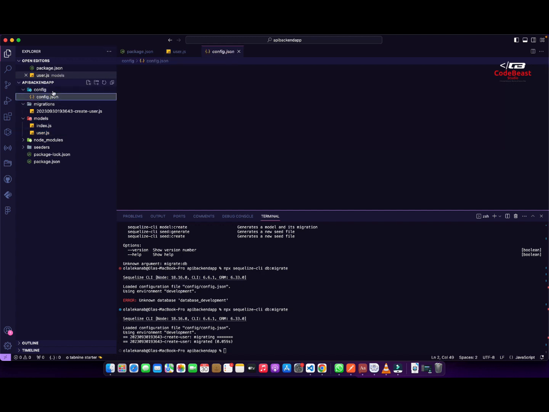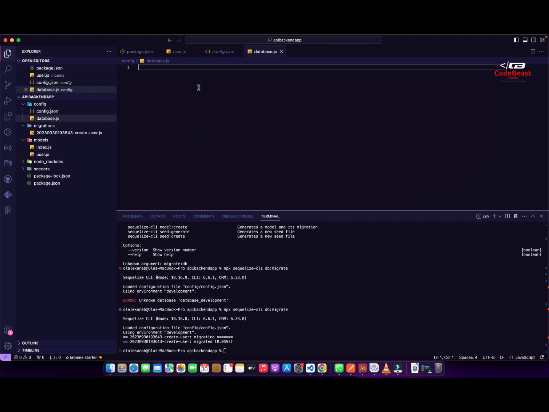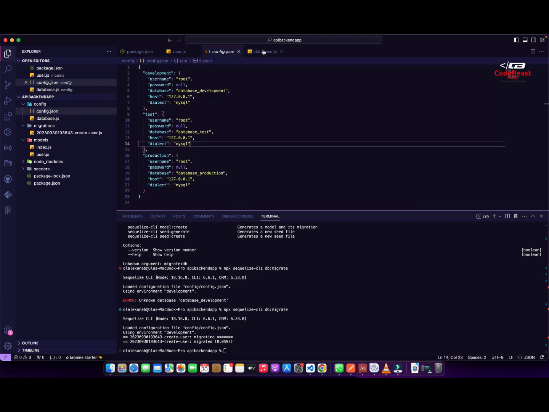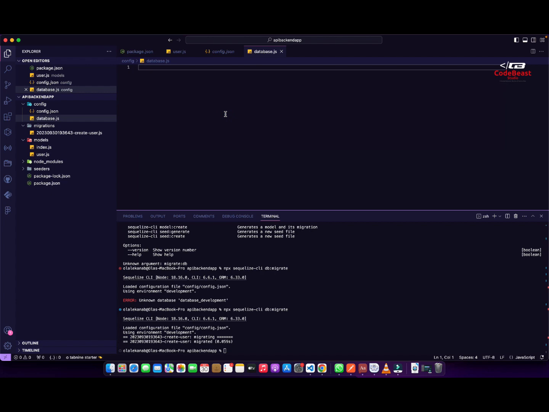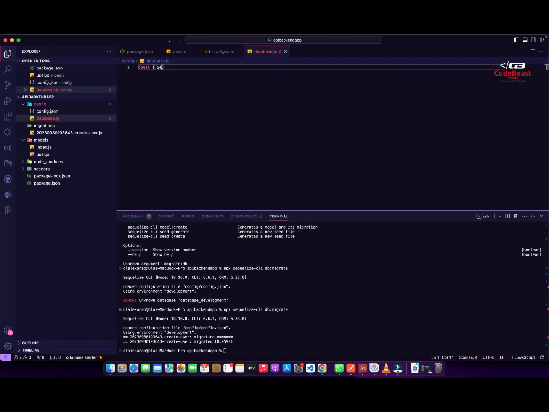So we don't have the database.js file ready. Now we have to create it, database.js, and set all our database configuration inside it. We can copy this information, but we don't need to copy it, let's just manage the development configuration. So by starting our const,